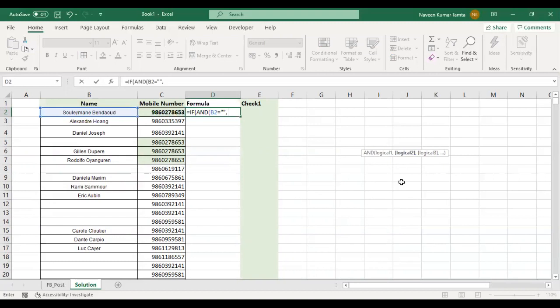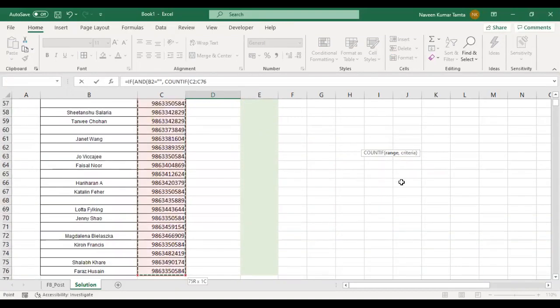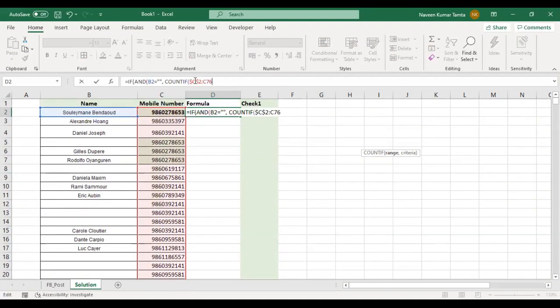So logical 2 is, I want to say COUNTIF, I will freeze this one, and then the criteria would be this. I want to count the entries here if they are greater than 1. In such a case, it will say delete